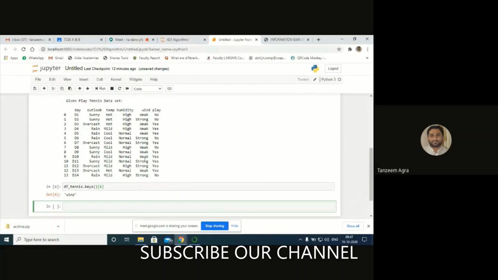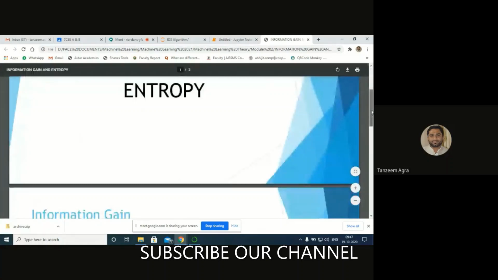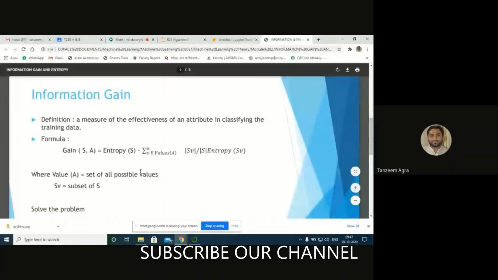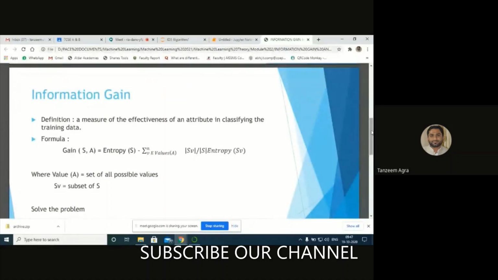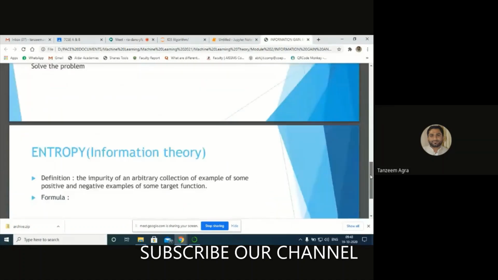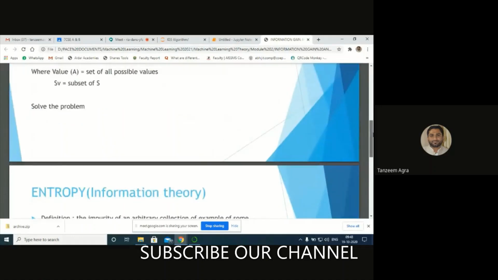Similarly, let's try to have the columns also. First, to calculate, obviously we need what? We need to calculate the entropy, no? If you go to our slides, information gain can be calculated using this formula. This is the total formula, so the mathematics behind this decision tree is this one only, understood? But to calculate the information gain of any individual attribute, we need to calculate the entropy first. After calculating the entropy, only then is it possible to classify the data using information gain.